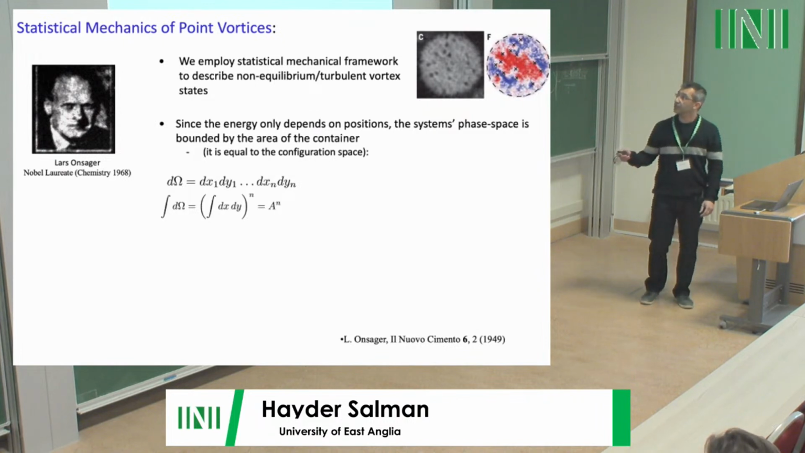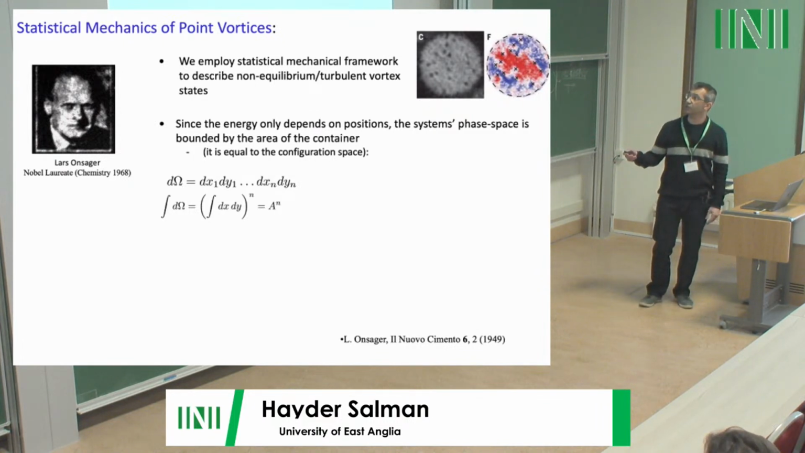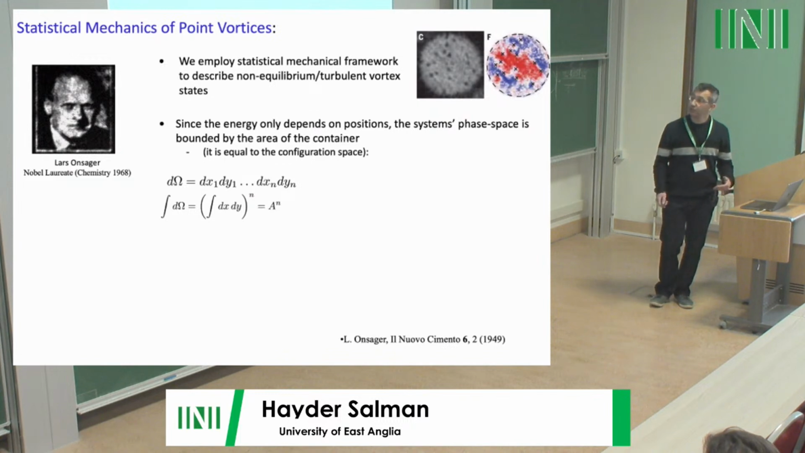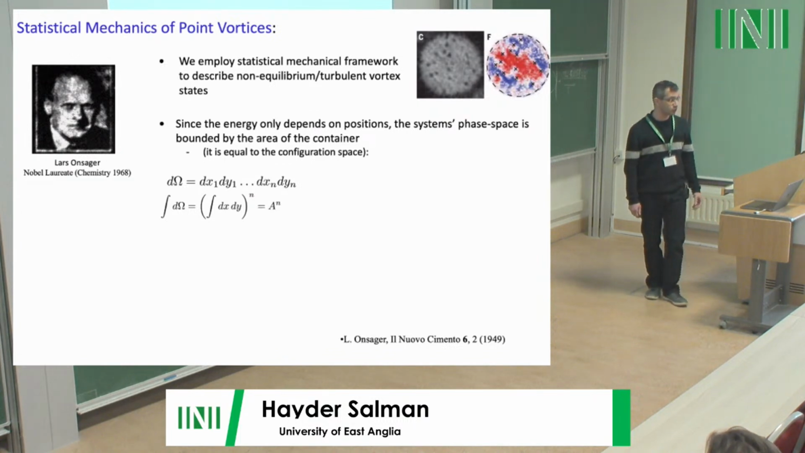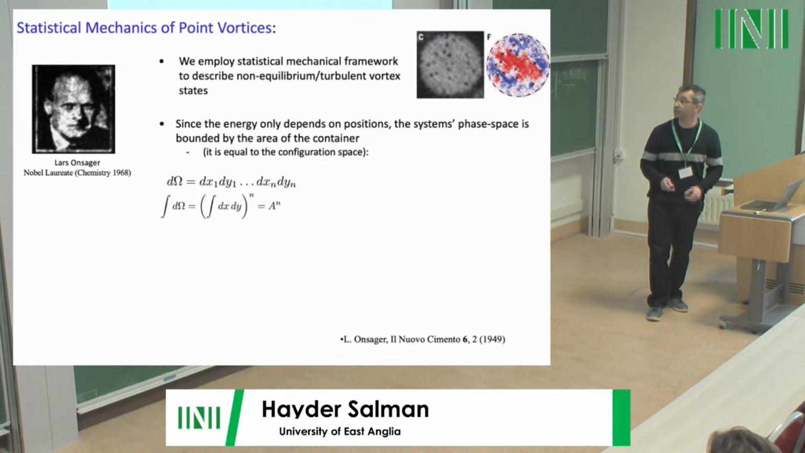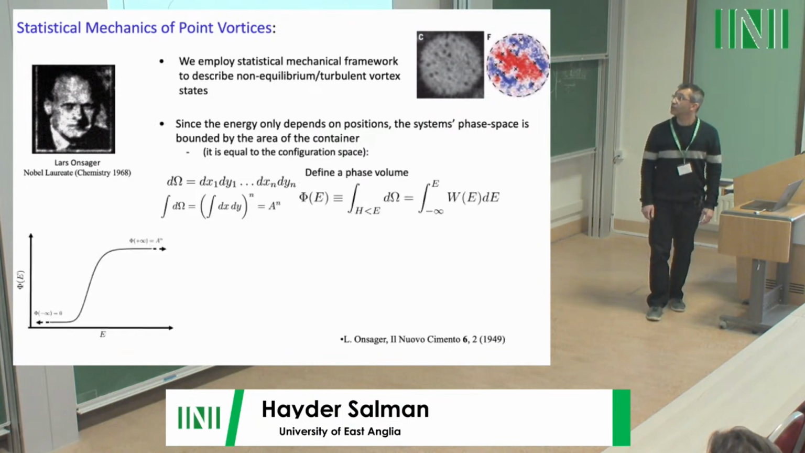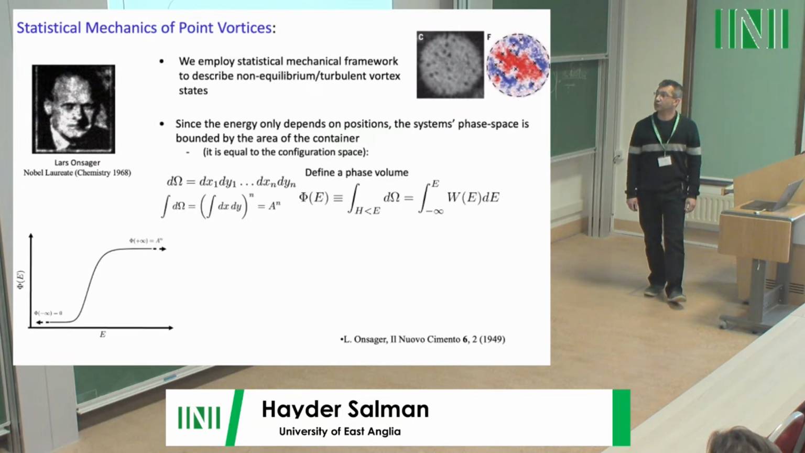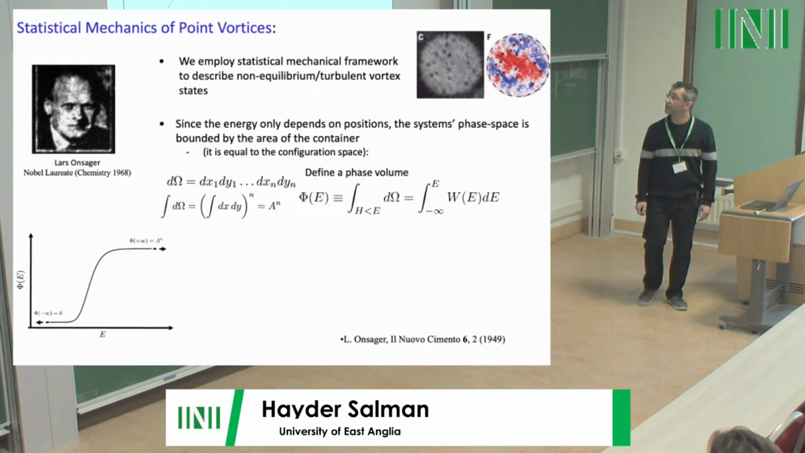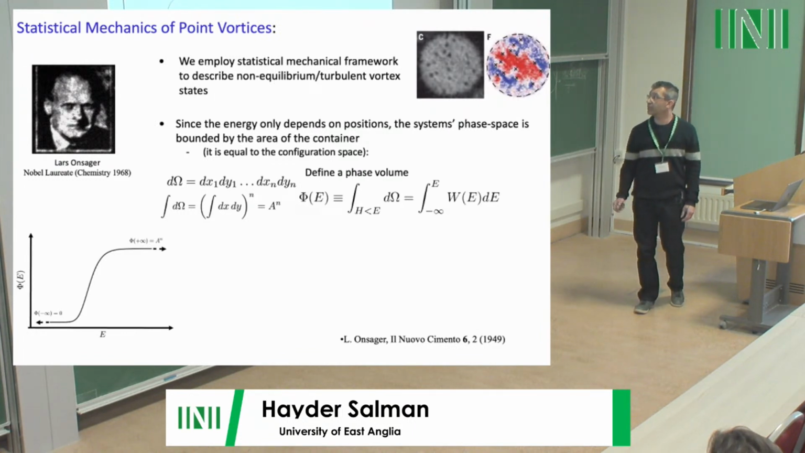And recognizing that the phase space of the system is the configuration space, what it implies is that the phase space of the system is going to be bounded if you look at the motion of the vortices in a bounded geometry. So you can define a phase space volume as a function of energy in this way,